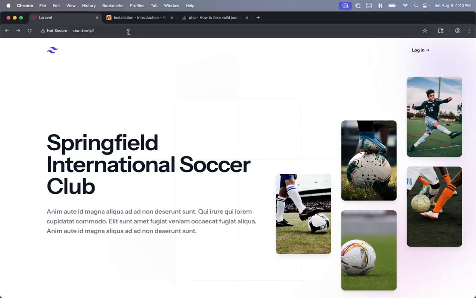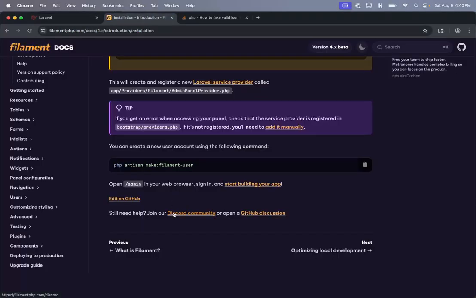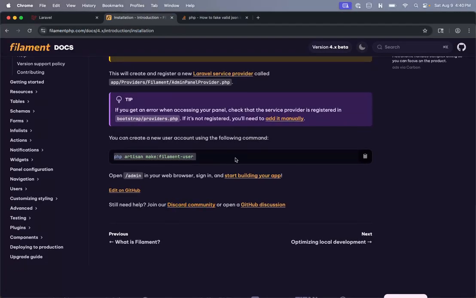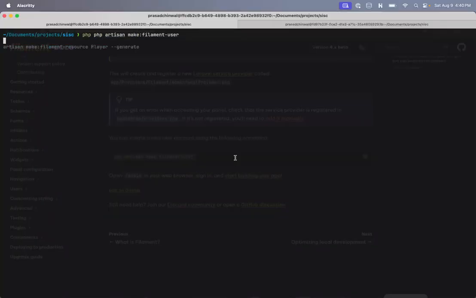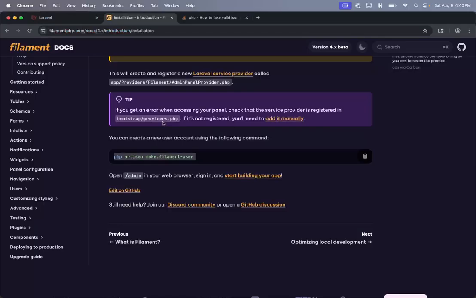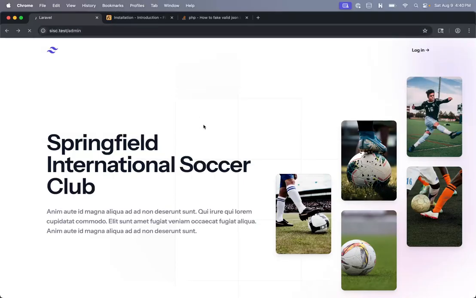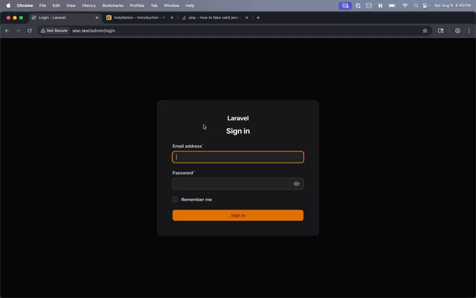In order to try this, we'll probably go ahead and run the command to create a new Filament admin user. So let's go ahead and run the command, and we'll just say .com, and I think we should be good. So let's go ahead under /admin and try to log in with just the account we just created. So we have Prasad,